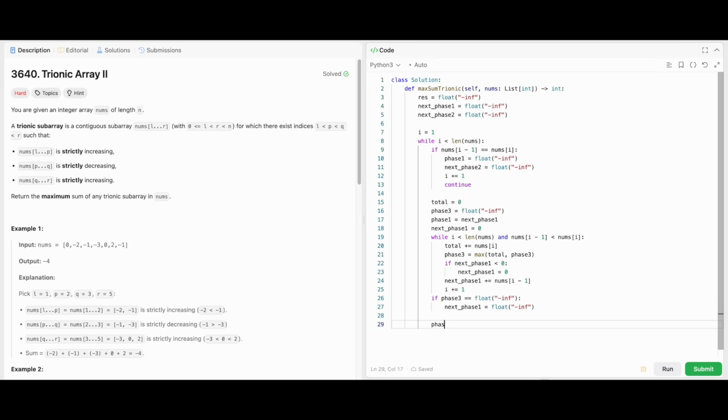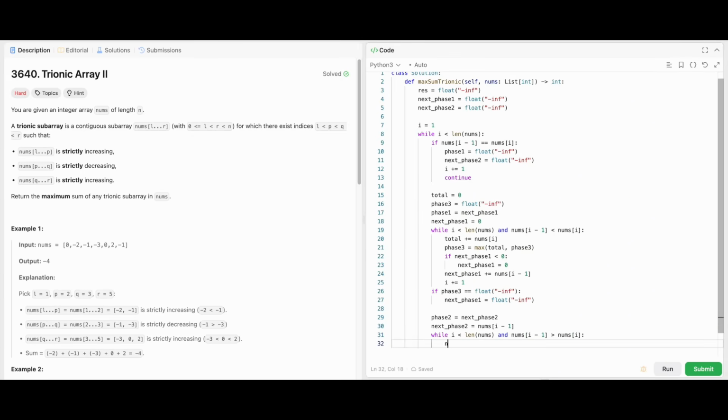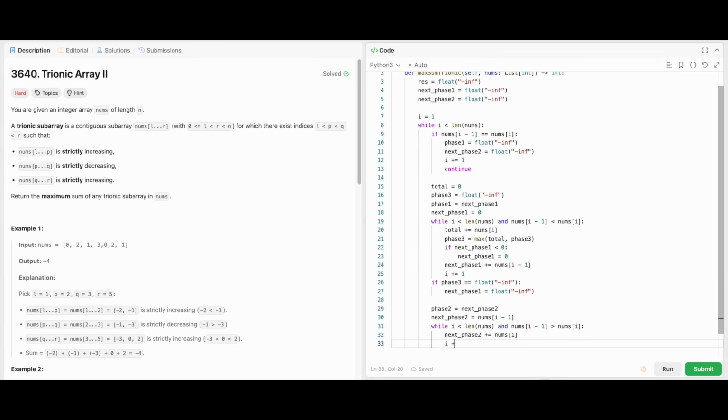And now we'll take care of phase 2. So first set phase 2 to next phase 2 that we have calculated previously. And now we'll calculate the next phase 2. So while i is less than length of nums and nums of i minus 1 is greater than nums of the current index, then we will add nums of i to next phase 2. And now we will just check if we can